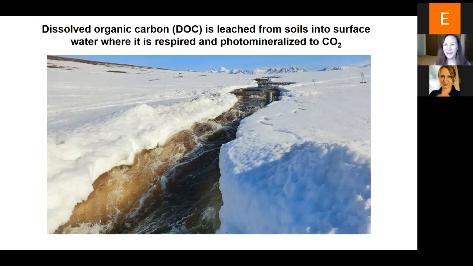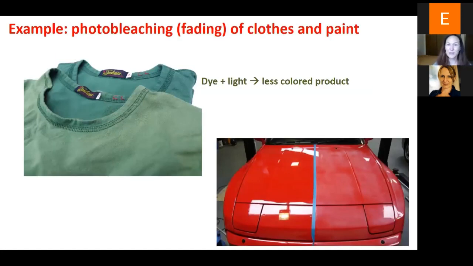Where you are in sunny California, I think probably many of you are familiar with the process of sunlight oxidation. For example, if you wear a colored shirt in the sun often enough, eventually that color will bleach or fade with sunlight exposure. What's happening is that there's some dye, usually made of an organic compound that absorbs light, hence its color. As it absorbs sunlight, reactions are initiated that break down that organic compound and turn it into some less colored product. And just like with clothing or with paint, we can detect the sunlight oxidation of DOC even using a smartphone camera,